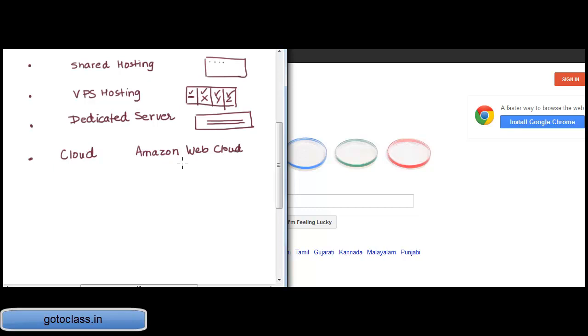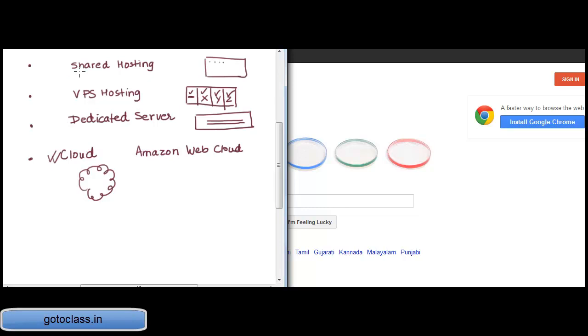We can create our own private machines, we can have load balancing, our own IP addresses, our own DNS configuration, and many things. So we can actually have our own web farm, so to speak. I can create my own web farm on the cloud, and this requires a lot of effort in understanding clearly how to go about it, but these are the basic ones that you will have by default, and most hosting companies will provide you with these options.